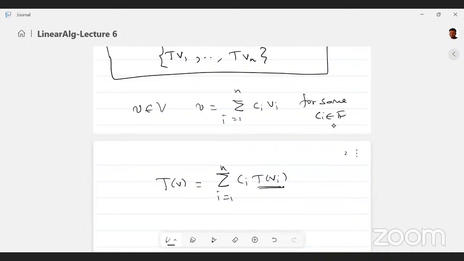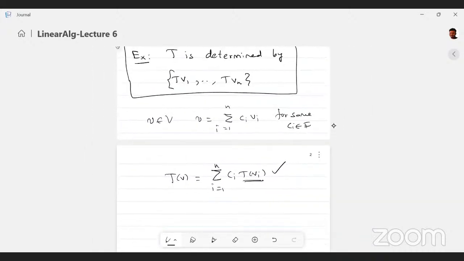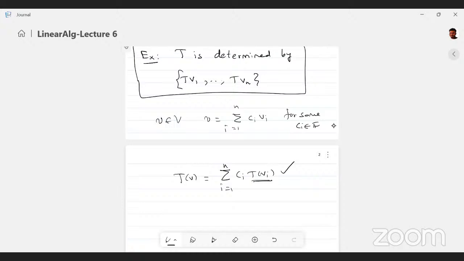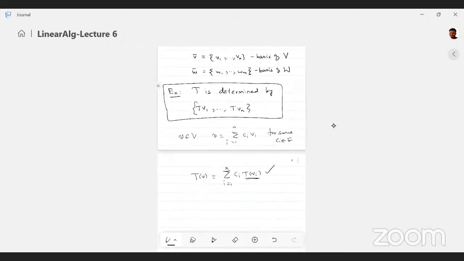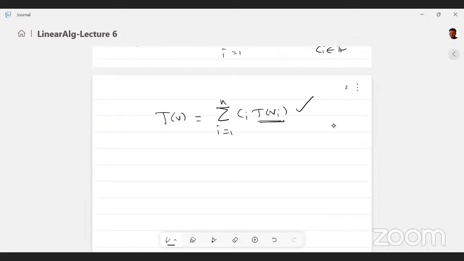And then if we know how to write V in terms of this basis Vi, then using that information, we can actually calculate the image of V under T. So that is why this linear map T is completely determined by its action on this basis V bar. Now to understand this action, what we can do is look at